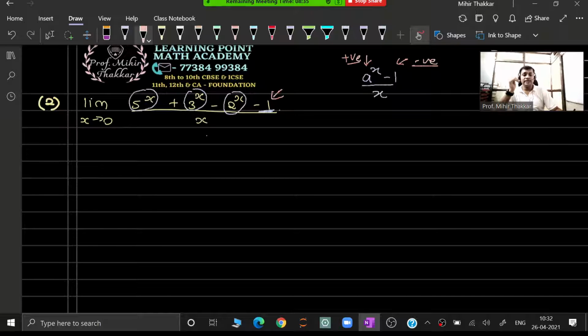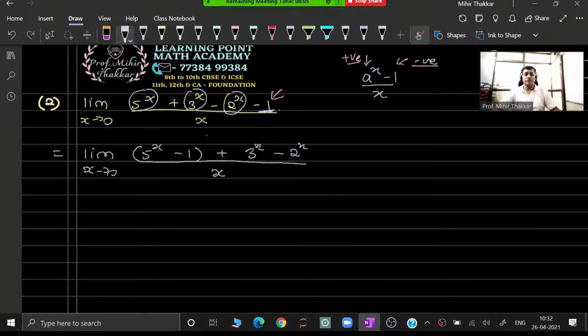Now in the previous case, I was having 9 raised to x minus 5 raised to x. So what I did is I just added and subtracted 1 over there. So again the same logic will be applied over here also. Let us see how we can proceed with this sum. This will become limit as x tends to 0, 5 raised to x minus 1. I just took this minus 1 with 5 raised to x, and I am leaving the remaining elements as it is for now, and then in the next step I will be doing the adjustment as per my choice.